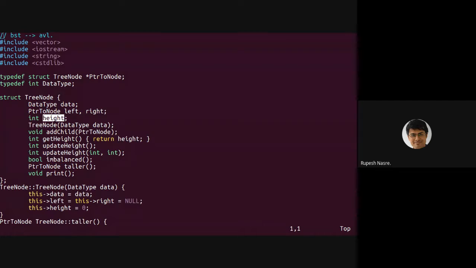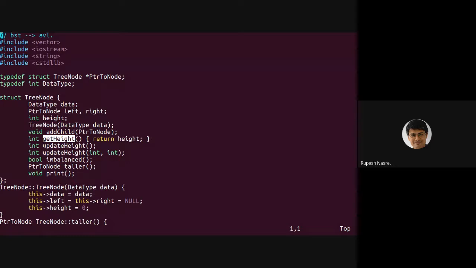Then there is a constructor which initializes the data to a particular value. Add child is our function to add a link in this tree. Get height just returns the height. These are called getter and setter functions. Getter and setter functions are typically very small, typically one line, where we get a particular field and set a particular field.